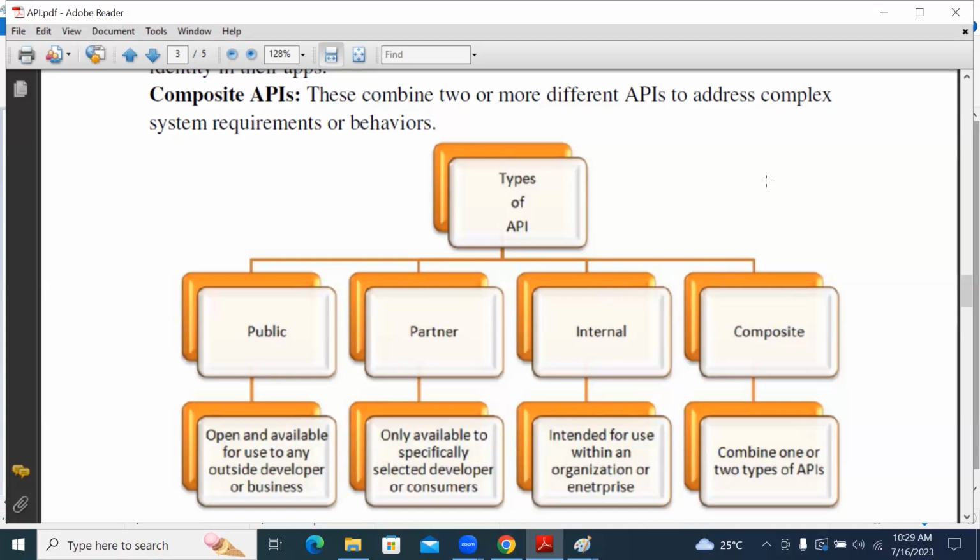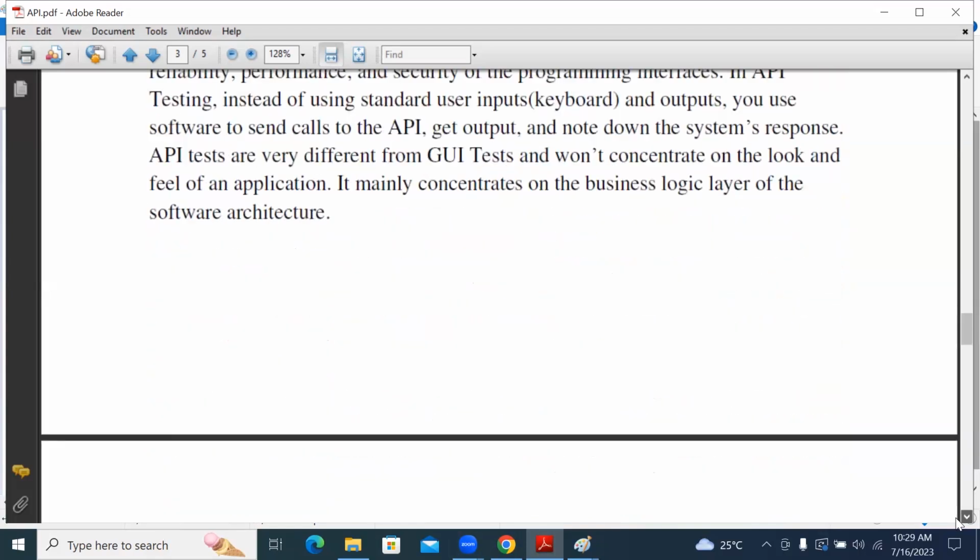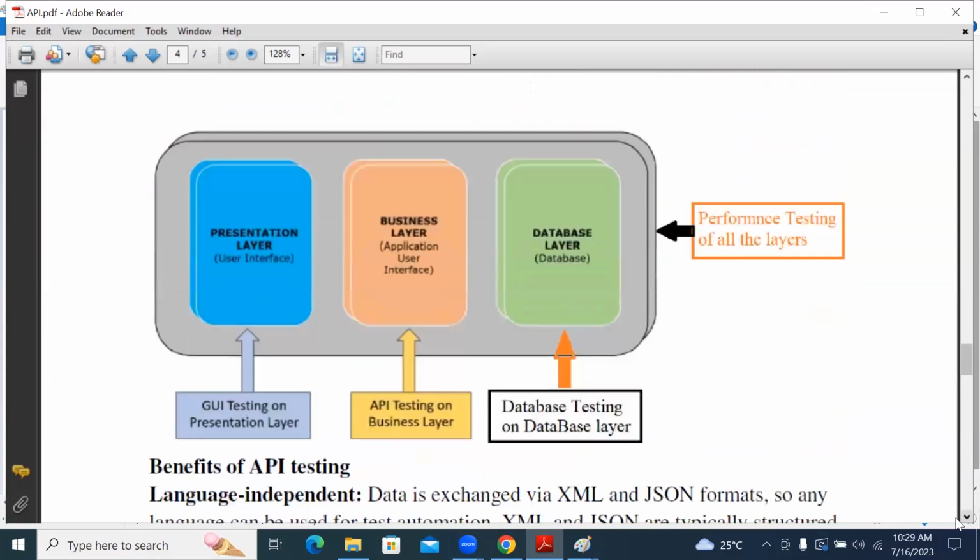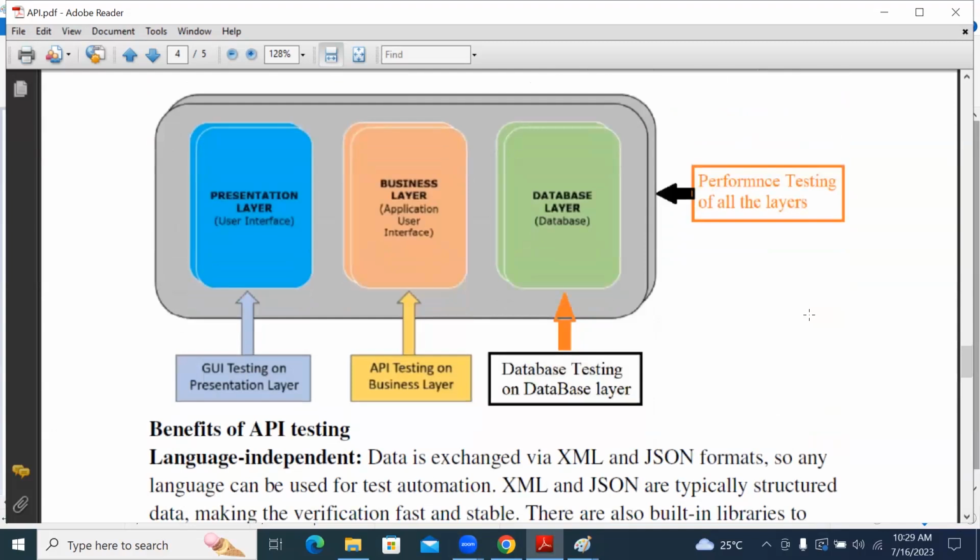At the same time, we need to understand how to perform manual testing for APIs and how to go with automation, and how manual testing and automation testing are done. That is what we have to discuss.